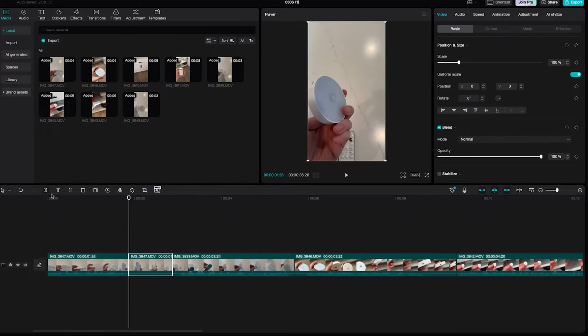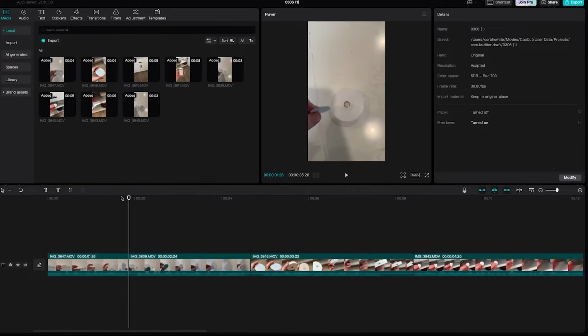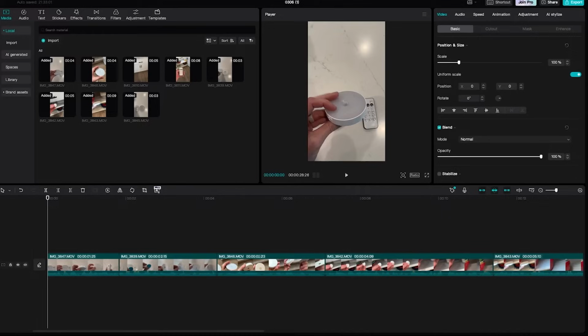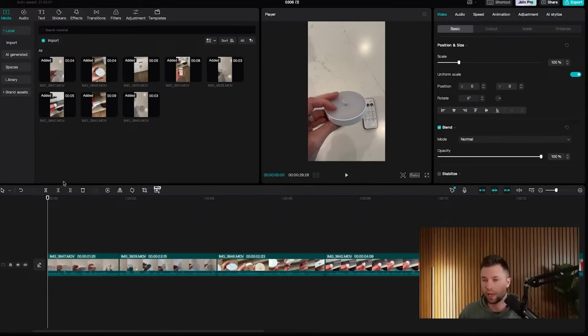So we're going to go through and now clip that as well, and then just go through and delete that. Make sure that these are all cleaned out. So I'm going to go through and do that real quick for all of the clips. Okay, so I just went through and clipped all of these out here, and you can see now we have